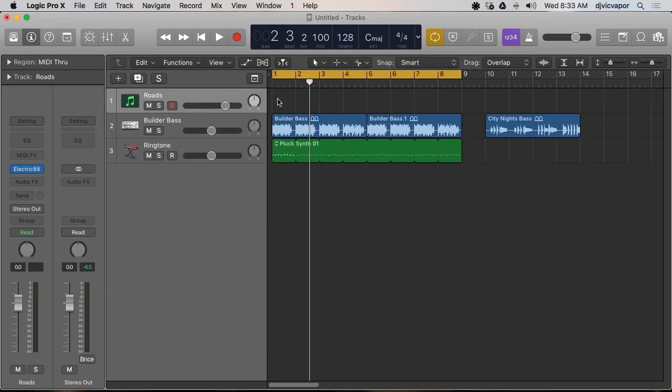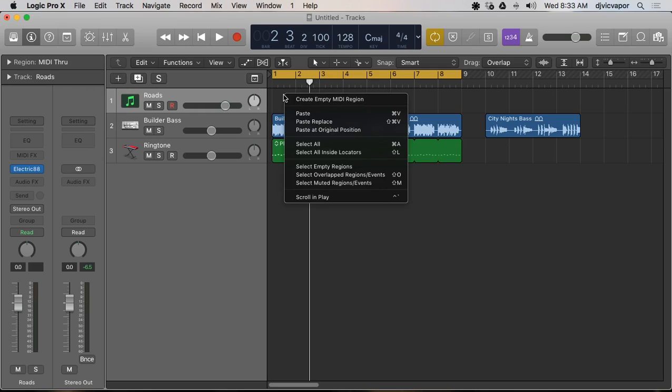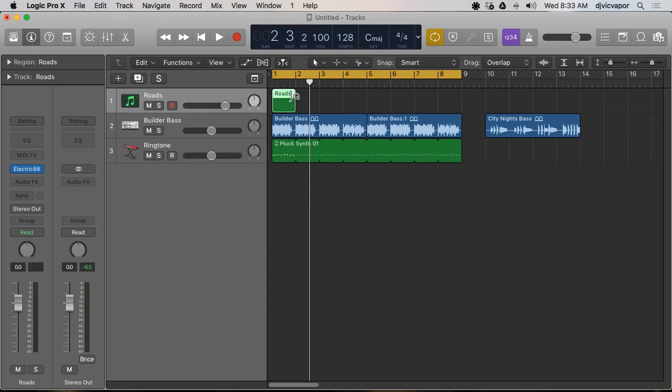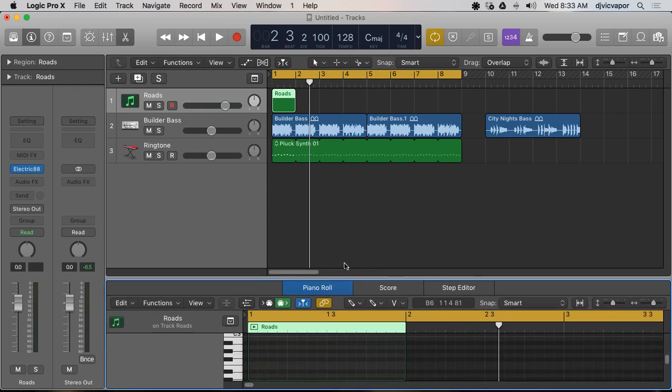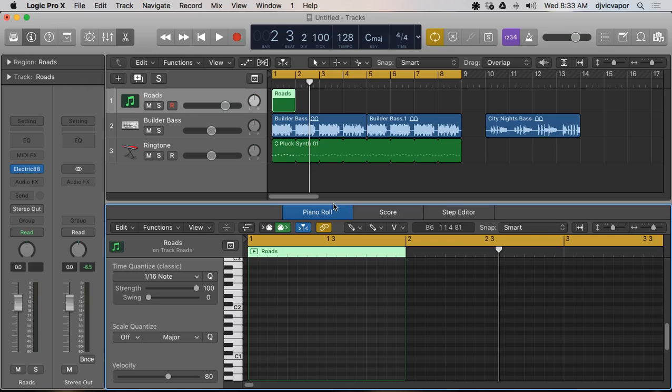That off of solo. Hold down Control, create empty MIDI region. And you know what, I'll just leave it at a bar for now to get our pattern in here. If I double click this, it'll open up our editor below, make it a little bit taller for us to see. And now by selecting keys, we could play this in